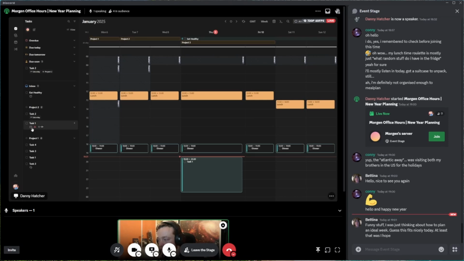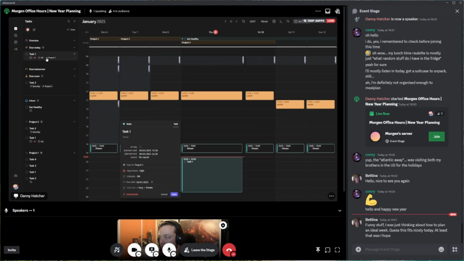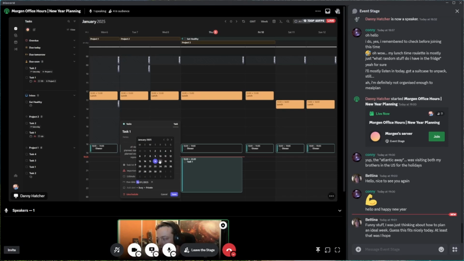Now, this task 1, as you see, has a calendar. If I left click, it's got a planned start and planned end. But it's not appearing on the due today because there's no due date on this task. You see here, due date is empty. If I add a due date for the 9th, now task 1 is due today. If I change this to the 10th, it's now due tomorrow. If I click on anywhere in the next 7 days, so up to 16, you see it's now in due soon. If I go to 17,